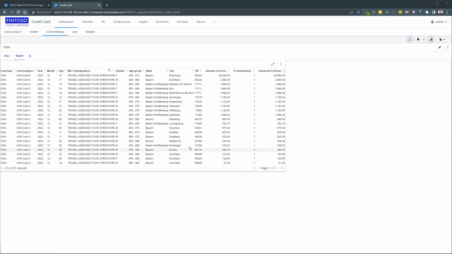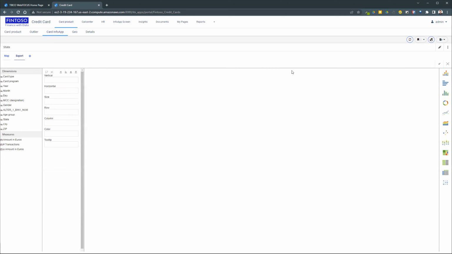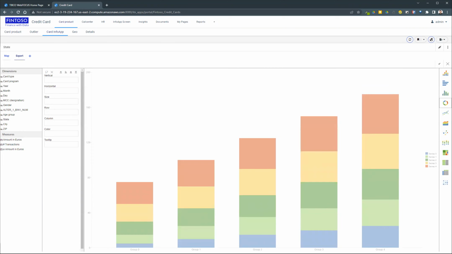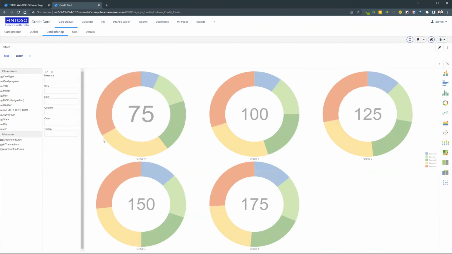Using that report is not just for filtering and exporting. I could also continue to work with the data. So in case I don't want the export, I want to create a visualization to quickly, graphically analyze my data. We can select the new capability, add a chart, select a chart type, whatever I like, and